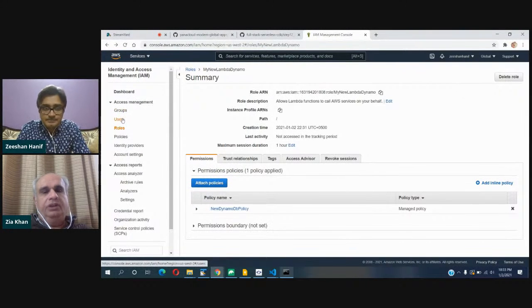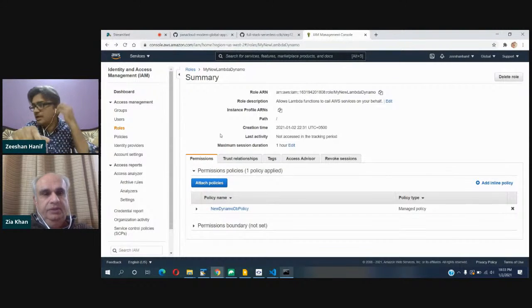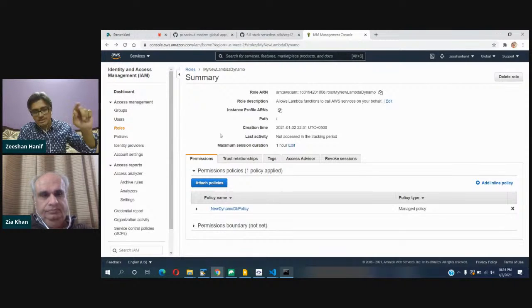Zeeshan, if I assign this role to a lambda function, will it be able to call another lambda function? I have not verified whether it will be able to call another lambda function or not. So we need to see, because it needs to call the HTTP API. So an HTTP call is itself another service, so it might not be able to call it. Yeah, I suspect that even for a lambda function to call another lambda function, you have to give it access. To call another function, you need to do an HTTP call, and HTTP is a separate service, and for that we might also need to have that